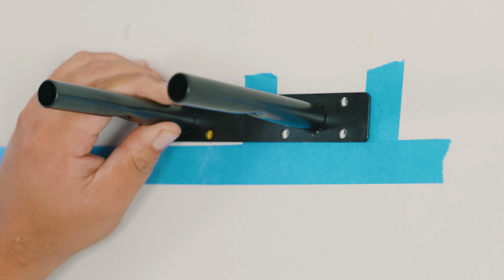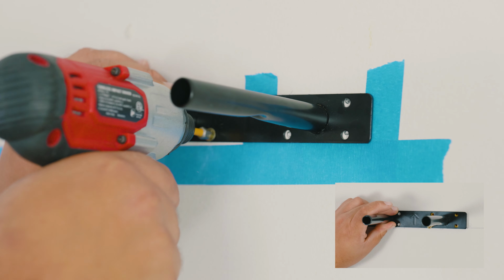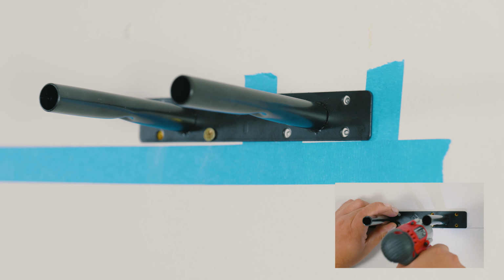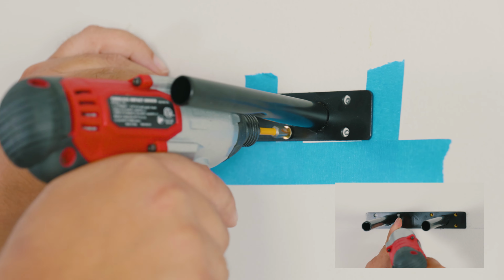Now that we have all our markings on the wall and your spouse, friends, family members are looking at you with the mess that you created, we're ready now to install the screws either on the studs or on the